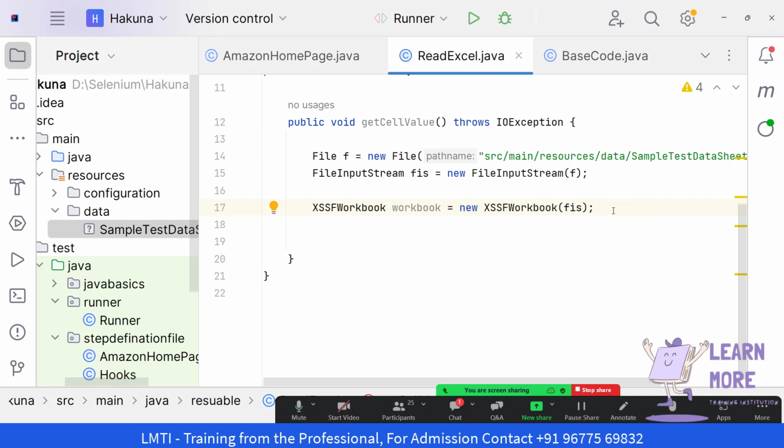And how have we accessed the workbook? With the help of the class called XSSFWorkbook. Inside it, with the help of the file input stream, we have read the file and passed the respective file inside the XSSFWorkbook. So now, as per the flow,